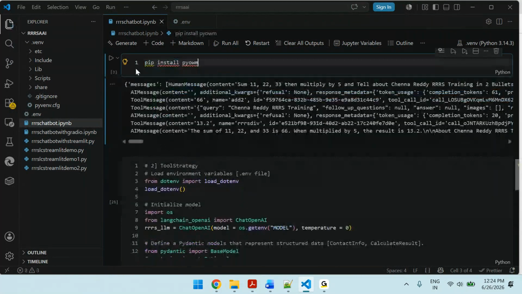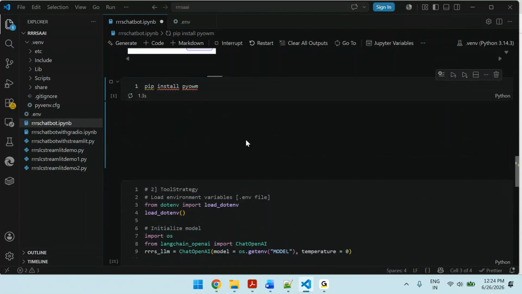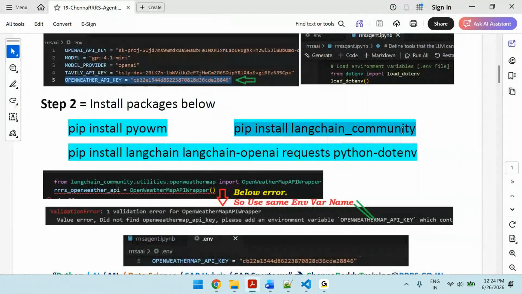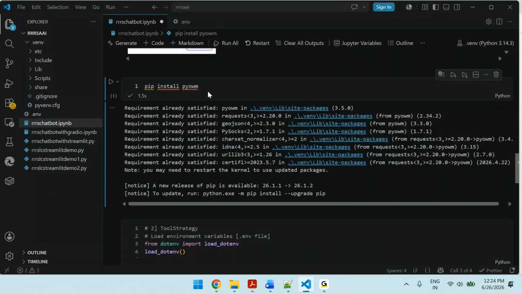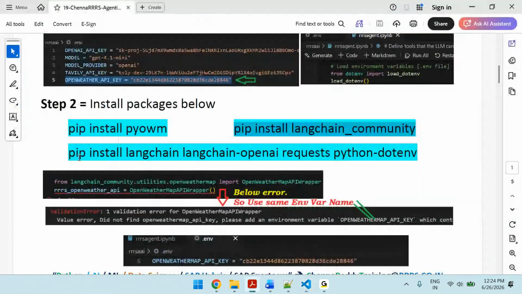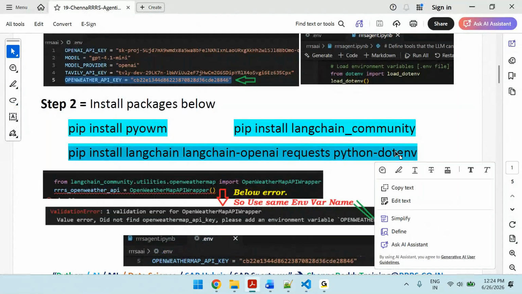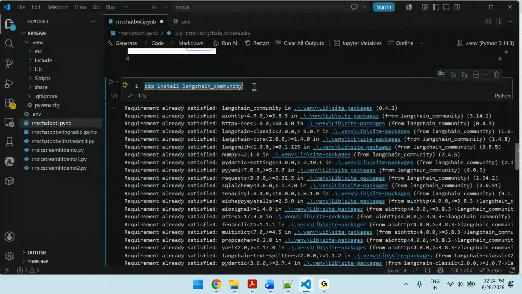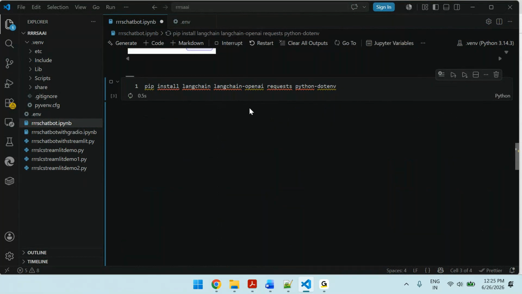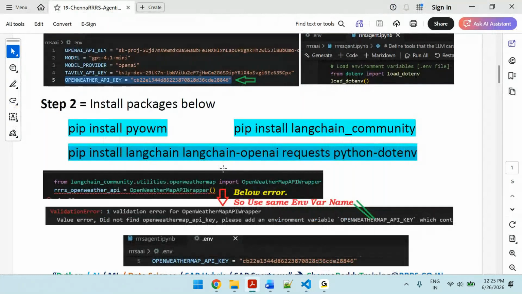Okay. Create a cell and execute it. That is one package you need to install: the LangChain community package. If it is already installed, then you are good. If not, then you need to install it. Like this, you need to install all the required packages. That's it. Then once installation is done,